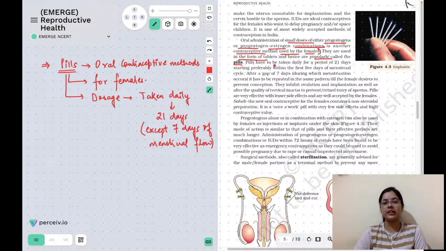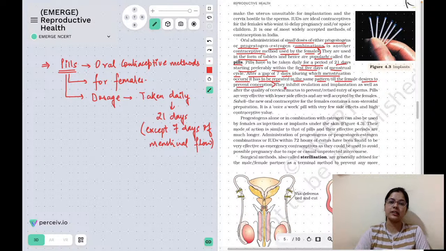Here it has been written that pills have to be taken daily for a period of 21 days, starting preferably within the first 5 days of the menstrual cycle, and after a gap of 7 days during which menstruation occurs, it has to be repeated in the same pattern. The pattern remains the same till the female desires to prevent conception. Now, the main target of pills, I will tell you this much, is that